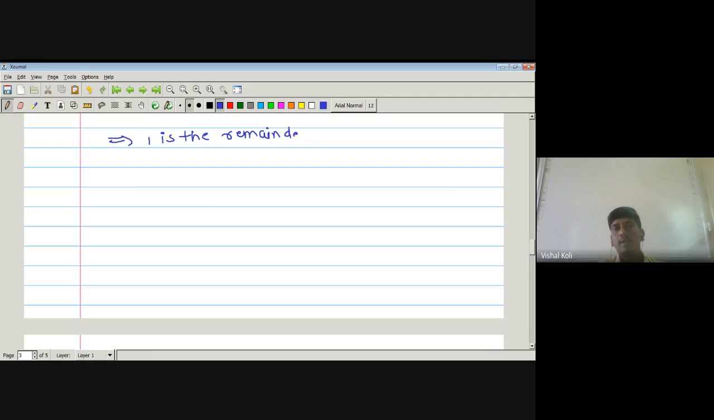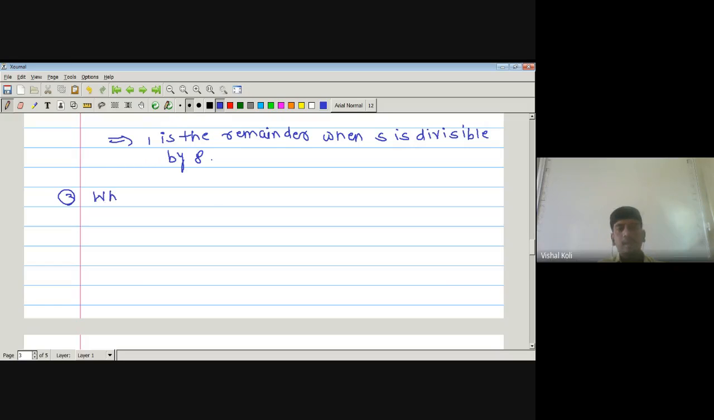1 is the remainder when the sum is divided by 8. Now, the third example is: